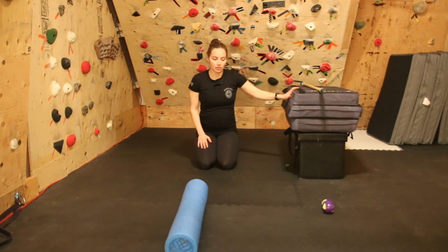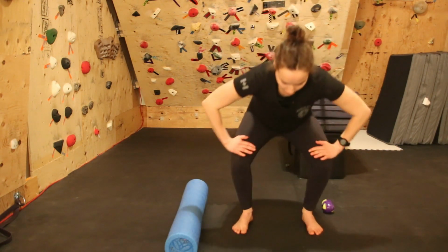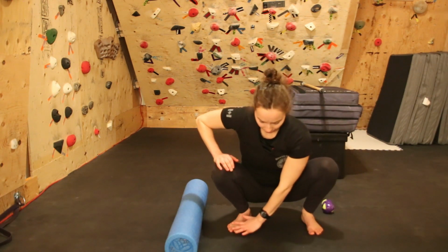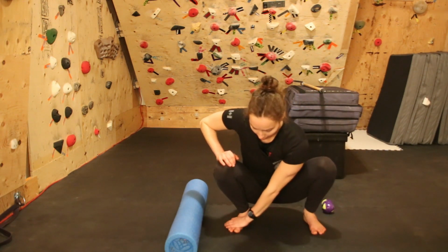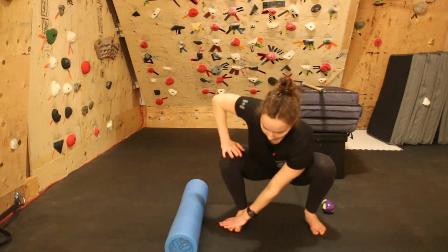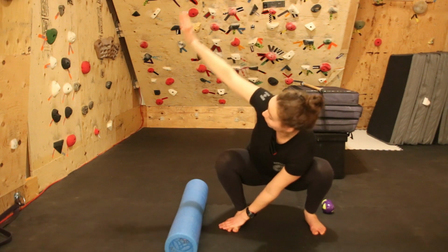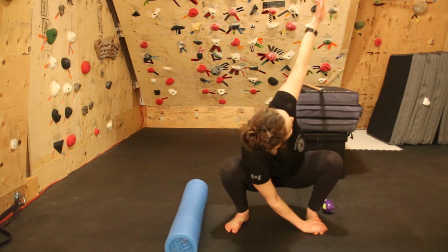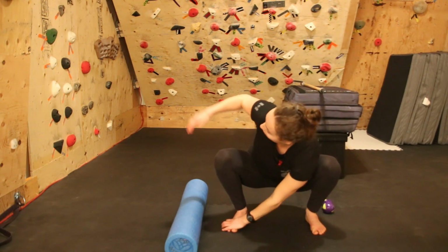Once you're done with this one, the next one would be your deep squat rotation, which is a bit more advanced level. If you have struggled already with the deep squat position, I can show you an alternative. You're going to have your hand on your opposite foot, and from there you're going to lift one hand up, come back very gently, and switch sides. So hand on the opposite foot, twist your shoulder, look up, and then switch sides. You want to alternate here